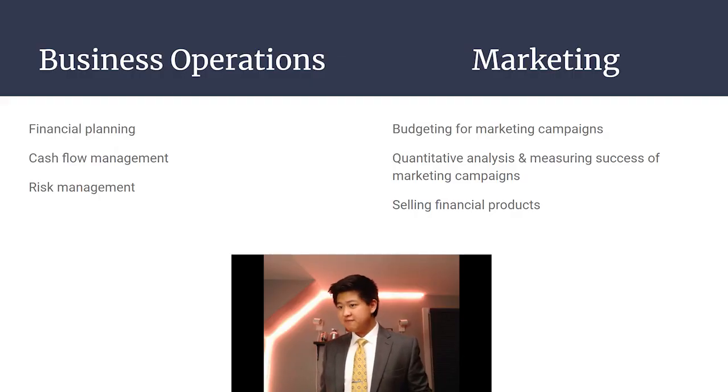In business operations, finance is used to ensure that everything in a business runs smoothly on the back end in order to maintain its financial well-being and meet its financial goals. To do this, we can use different financial skills and tools. For example, we can use financial planning, which is strategizing the allocation of funds to achieve financial goals and sustain long-term business growth. We can also use cash flow management, which ensures sufficient liquidity to cover operations by balancing income and expenses.